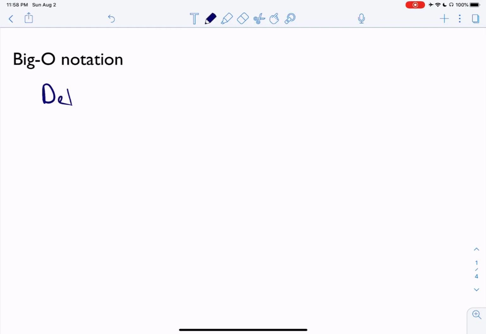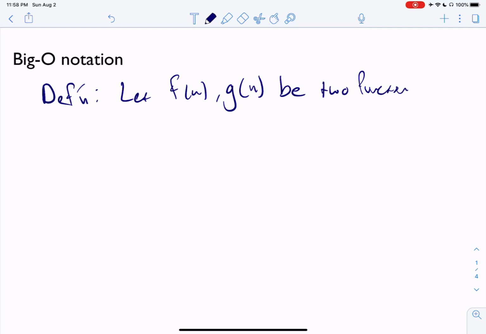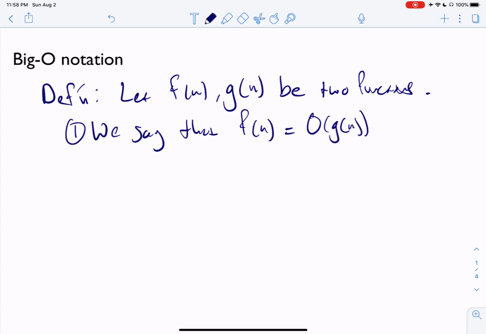So this is going to be a definition. Let f of n and g of n be two functions. Okay, so we say that f of n equals big O of g of n, or just O of. Usually when we say O of, we mean big O. There actually is a small o. We'll get to that later. When the following holds, when